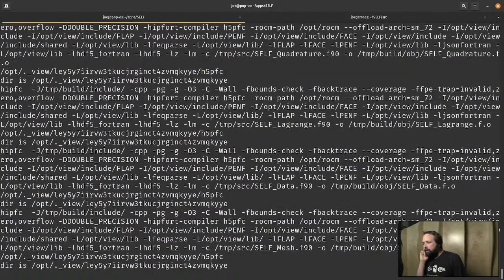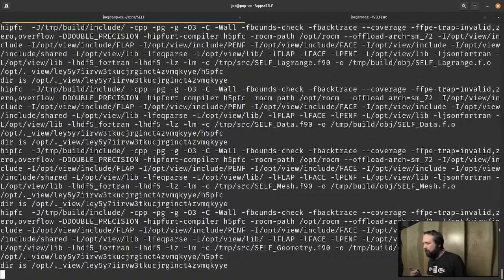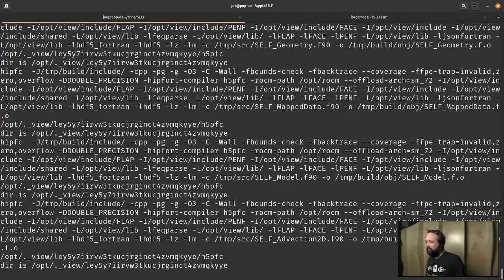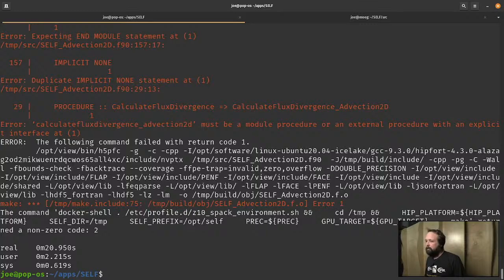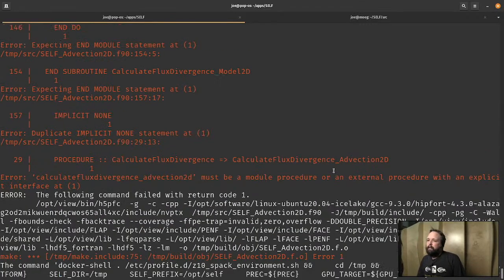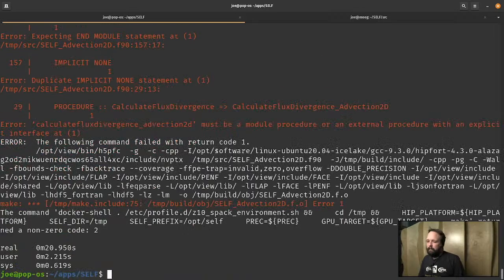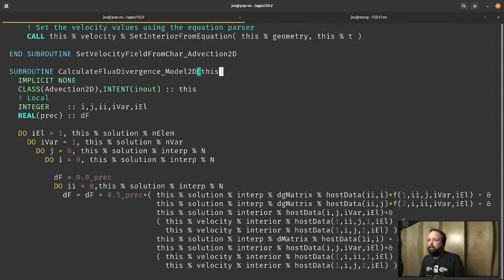So this is FLAP, JSON-Fortran, FEQParse, HDF5, HIPFort, ROCm in general, so that can be kind of a pain. Okay, so let's see what we got here. I did not fix the name in that module, so let's go fix that. Those of you who code know what this is all about, just kind of playing whack-a-mole until all